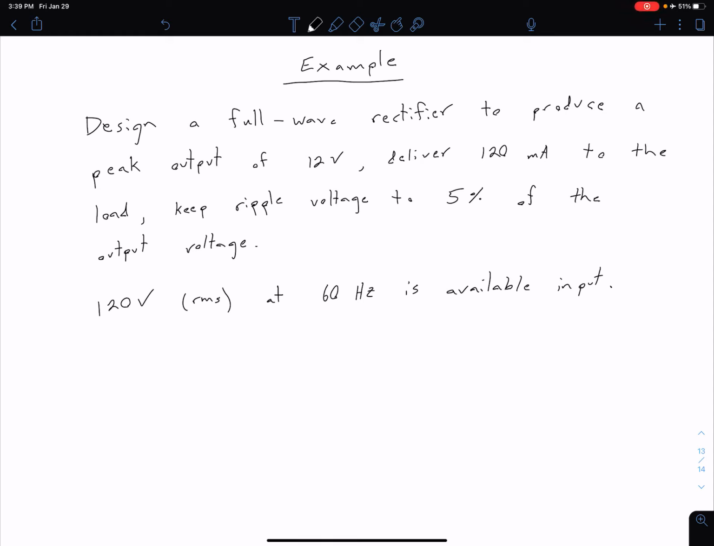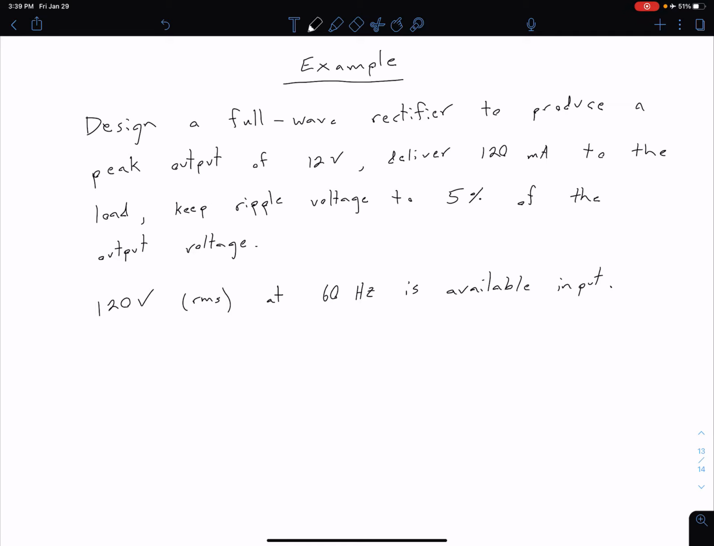Let's take a look at a design example. What we want to do here is design a full wave rectifier that's going to produce a peak output of 12 volts while delivering 120 milliamps to the load and keeping the ripple voltage to 5% of that nominal 12 volt output. We're told that we have an input available that's 120 volt RMS at a frequency of